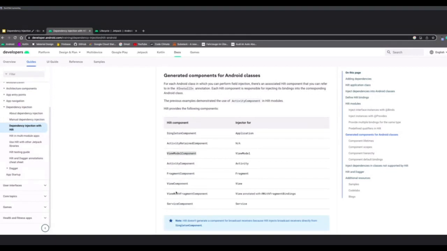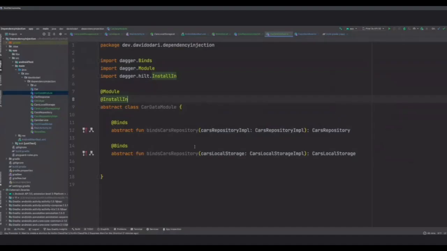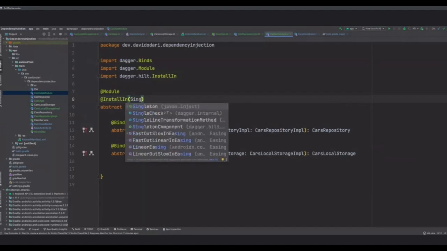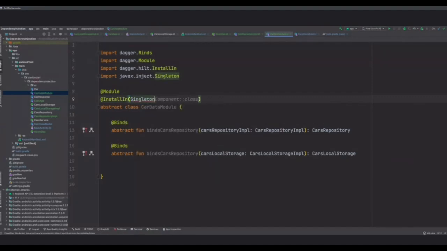The others, especially with compose, I don't think you'll find yourself with fragments and views. Okay, so for this one, I will just put it in the singleton. Singleton component, cool.